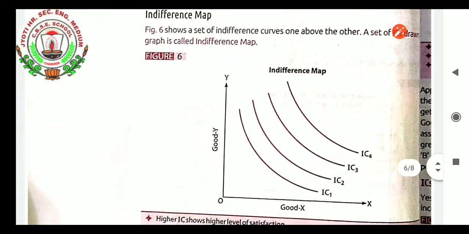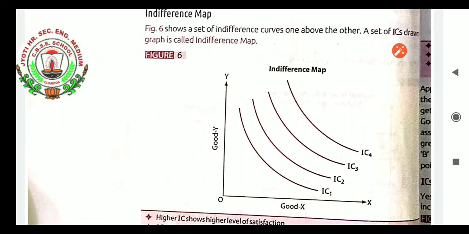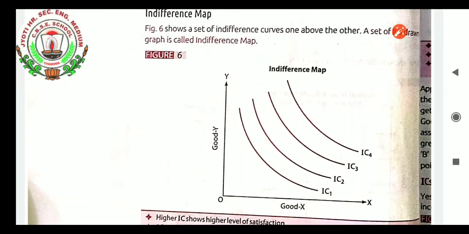The next part is the indifference map. Students, I will explain this indifference map in the next class. Today, up to this much only for the class. In the next class I will help you learn the indifference map. As you can see, it needs some numerical data, so with the numerical data I will tell you the other parts of the chapter. For today's class, this much only.